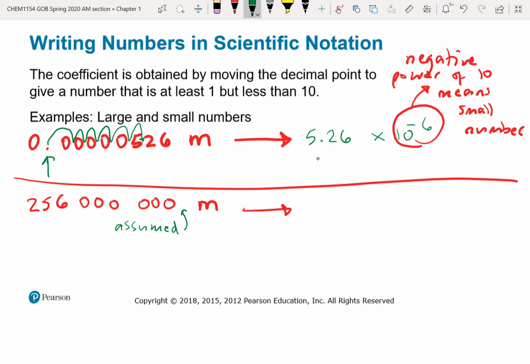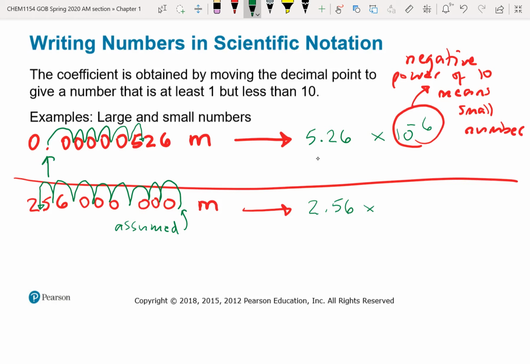And then we're going to do the same thing. We're going to move that decimal point to the left or to the right, so we end up with a number between 1 and 10. So if my decimal point is assumed to be here, I'm going to move it 1, 2, 3, 4, 5, 6, 7, 8 places to the left. So now I get 2.56,